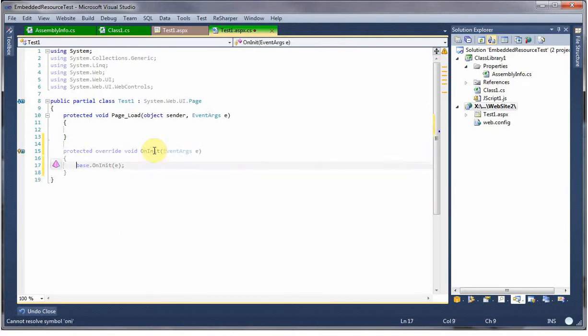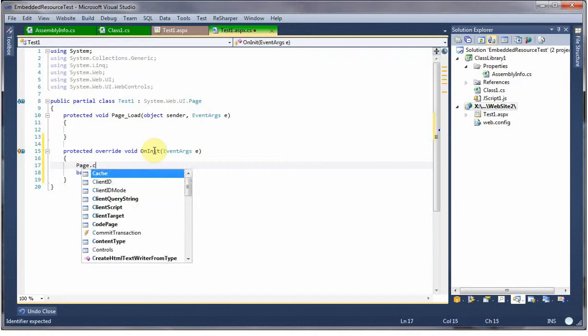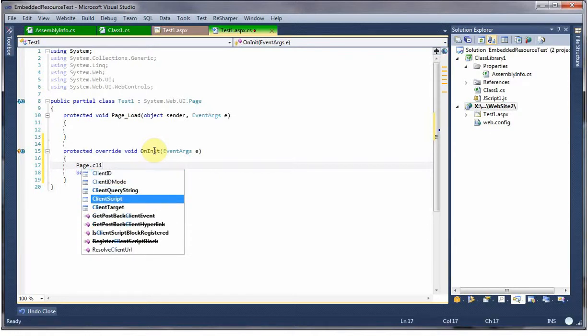And now we have to add our JavaScript, and we can just do page client script